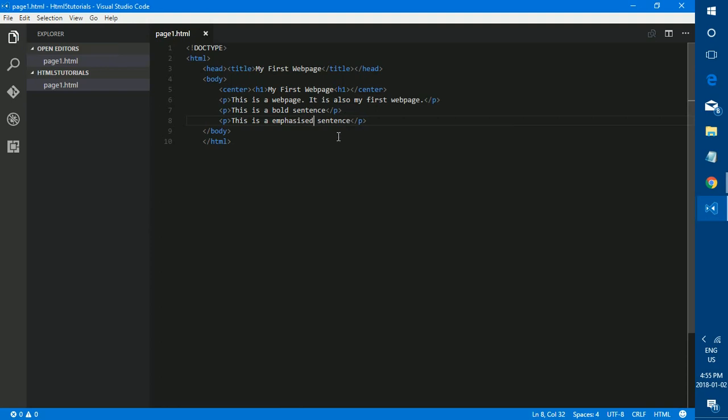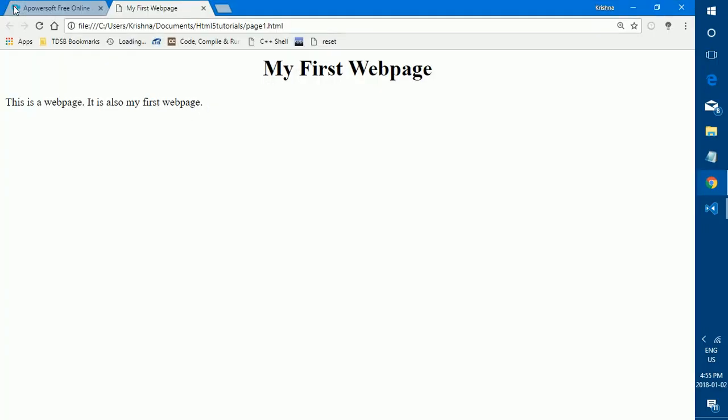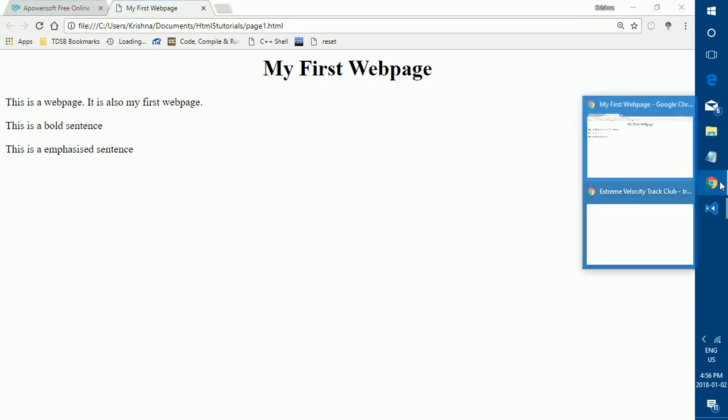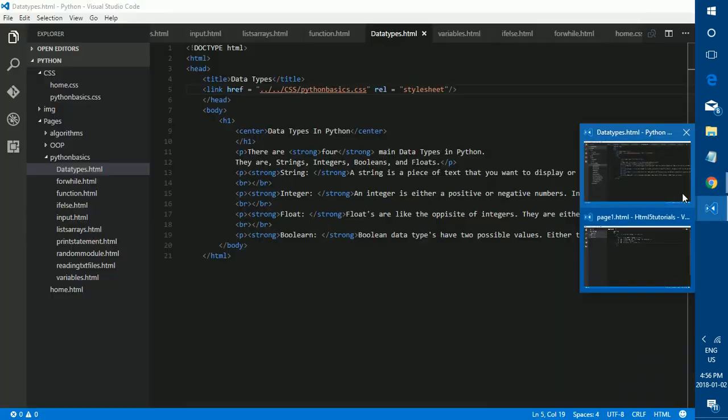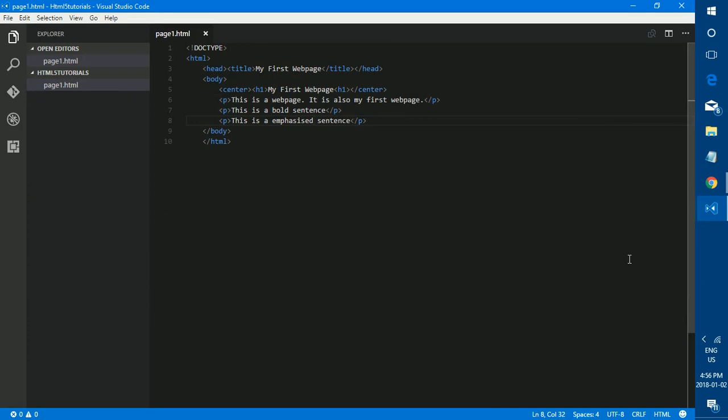So we'll save this, just give you a little time to look at this and copy it. So we'll save it, go to our web page and refresh. As you can see, it says this is a bold sentence and this is an emphasized sentence. Now we need to work on actually bolding it and emphasizing sentences. So there are two ways to bold and emphasize for each of them. So I'll show you number 1 for bolding and emphasizing,